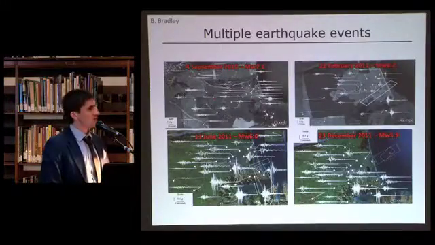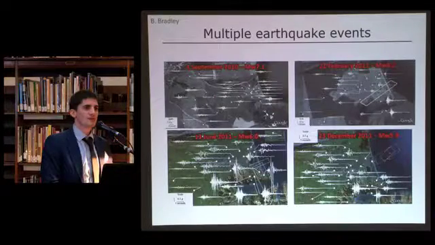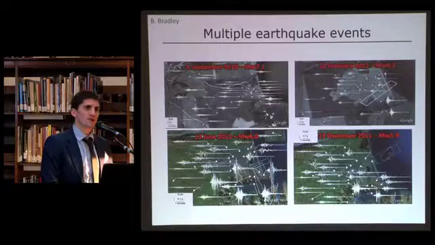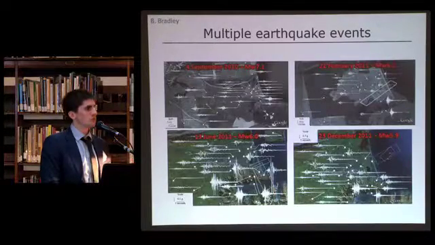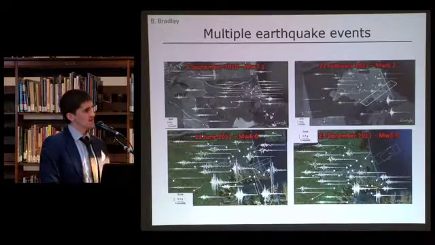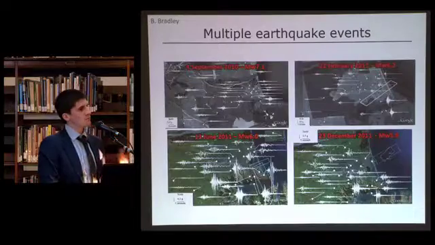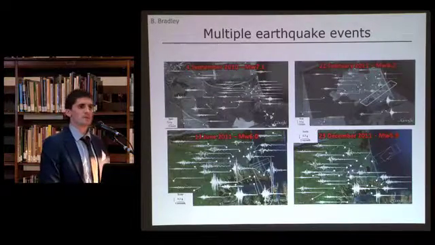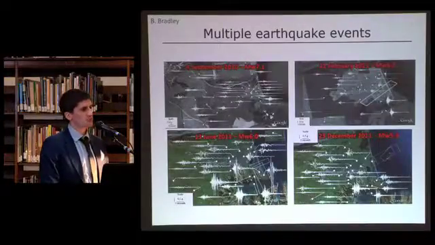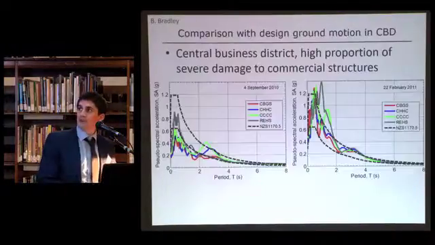As was alluded to earlier, there was a multiple series of earthquakes, and each one of these images is indicating the severity of ground shaking. And I think this multiple events is obviously particularly interesting in our ability to understand at the same set of locations the repeatedness or lack of repetition of seeing certain levels of damage, whether that be in terms of liquefaction or building performance and so on.